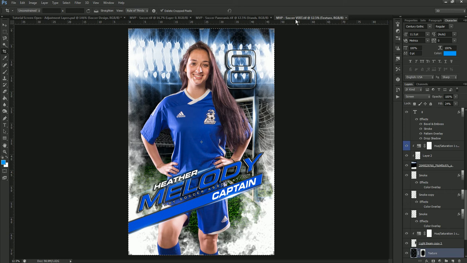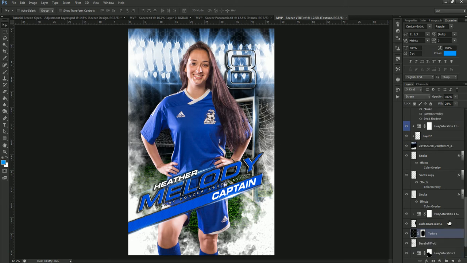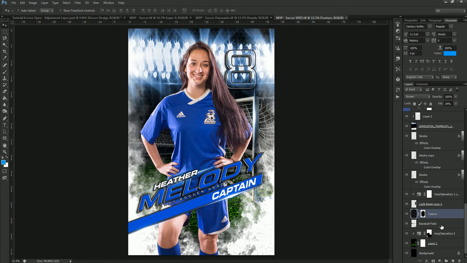So first we're going to go through each one of these and show you how they're laid out and how to change the colors, because that is one of the most asked questions on these templates. So we're going to start with this one, which is the vertical banner. What you want to do is look through all of the templates, and you'll see different things to change the colors with. You'll see that we have a light beam right here, and to change this light beam color, if we want to see which one this is, you'll see it's the light beam that's over here on the goal. Now you can always turn this off if you don't want it there by just turning off the eye,